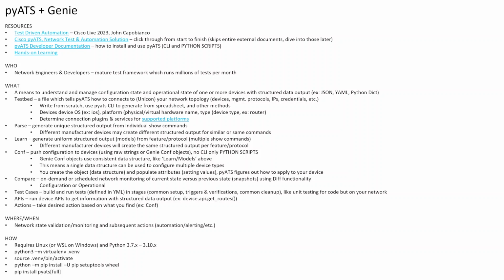So let's see here. Some of the fields in the spreadsheet, for example, or in the YAML file that you would need to populate include the device operating system. So for example, iOS, NXOS, etc. The platform, which really describes the physical or virtual hardware name, and then device type, right? And that might be something like a router. So if you're interested in seeing examples of different platforms, you can click on the supported platforms link in the